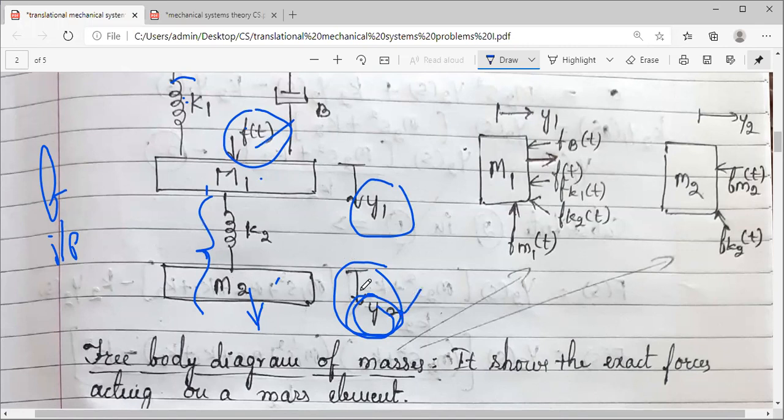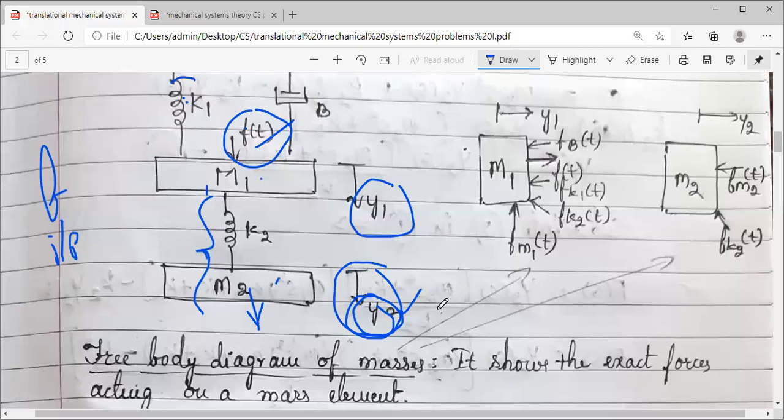Now coming to the transfer function concept, we have already dealt in the previous session with how to find the transfer function. If a system is given to you, you will first write the equations. Under the heading of steps to find the transfer function, we have seen 3 to 4 steps. First step is to write down the equation based on the given diagram. Once you get the equation, apply the Laplace transform to that equation, and after applying the Laplace transform, take the ratio of output by input. With these 3 steps, you will find the transfer function.